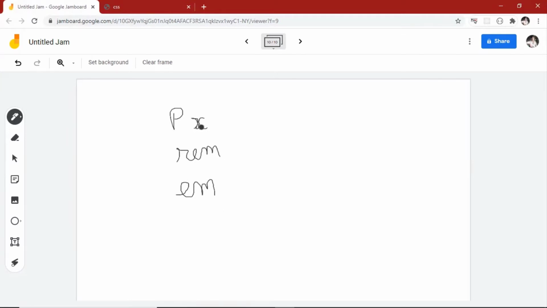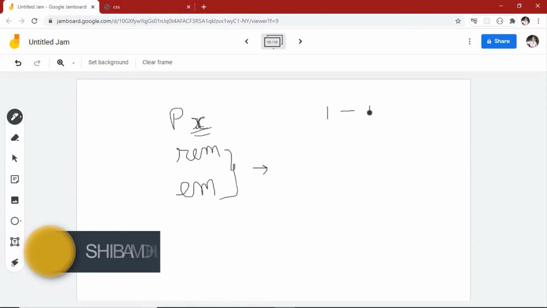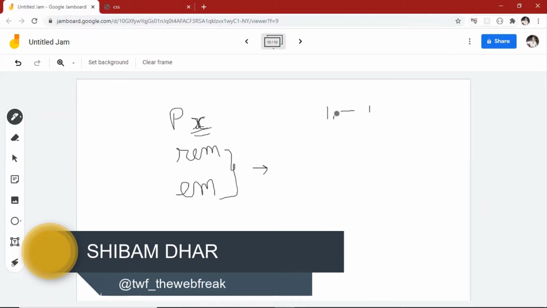So px is very rigid, it's like pixels. And if you want, you can try rem and em. What it does is, let's say, one rem is equal to 16 pixels, right?